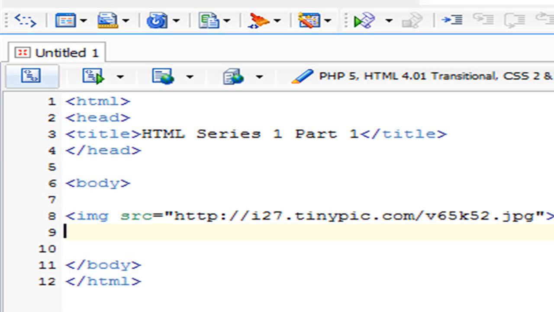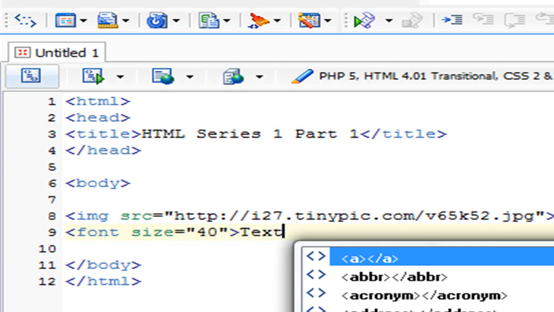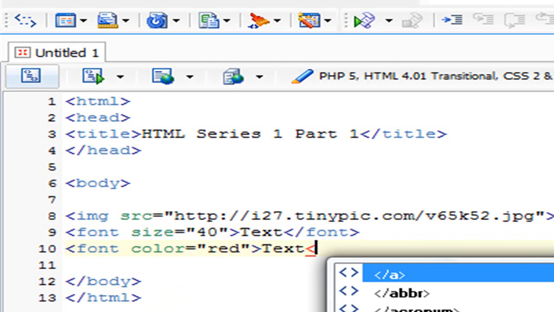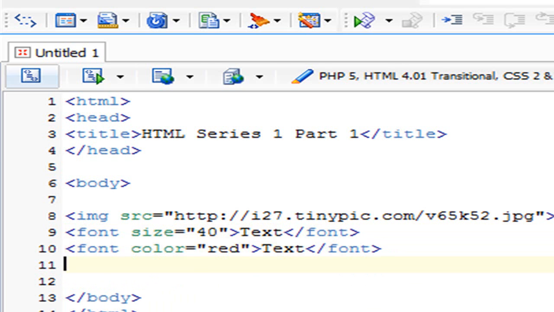how to change the font. If you want to change the size of a font, you just put font size equals, and you can put, let's put 40, and you just type your text, then you end font. If you want to change your font color, you just put font color equals whatever your little heart desires, your text and font. Then if you like to change the